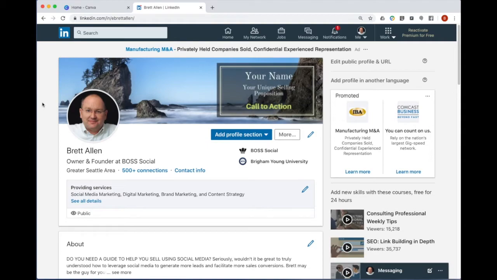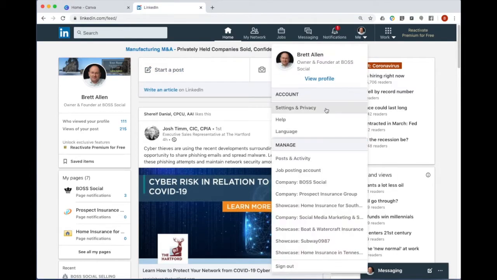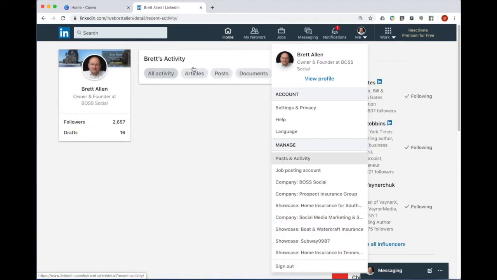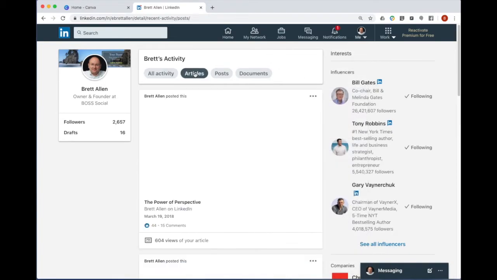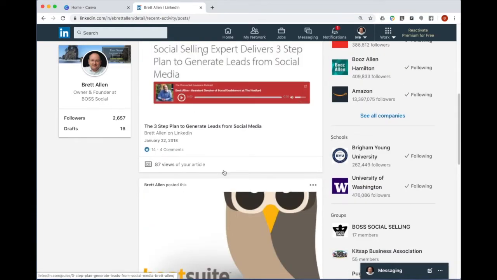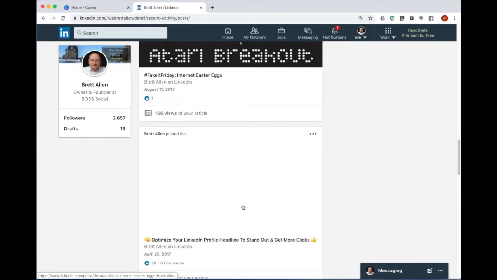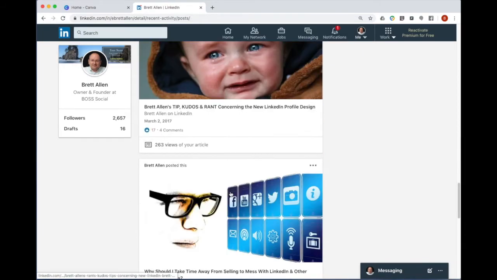Before I finish though, I want to walk through one more quick example on how you can create a cover photo for an article. So on your LinkedIn, you can actually write articles, and you might see this, right? If we were to, let me just go to some of my existing articles. You can create social posts, but you also can create articles. And so here's some articles that I have, Power of Perspective. Right, here's Hootsuite. And you can see on all these, I've just put pictures up here. And so when you look at these pictures,